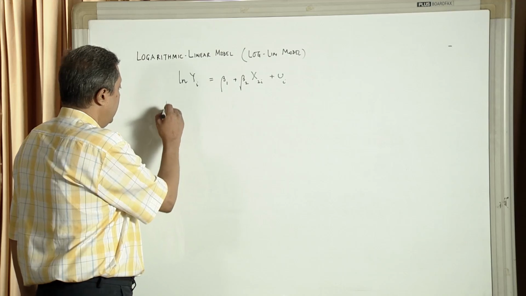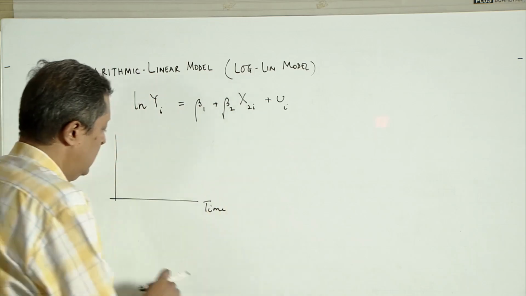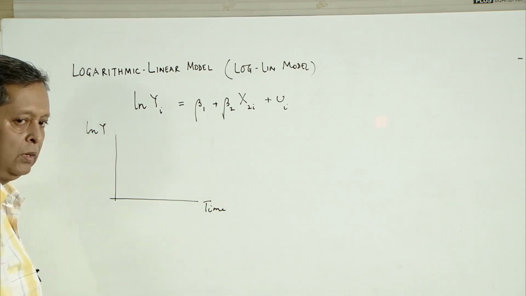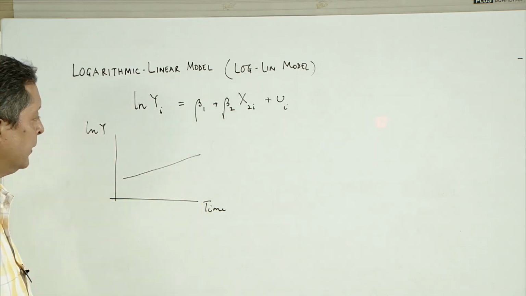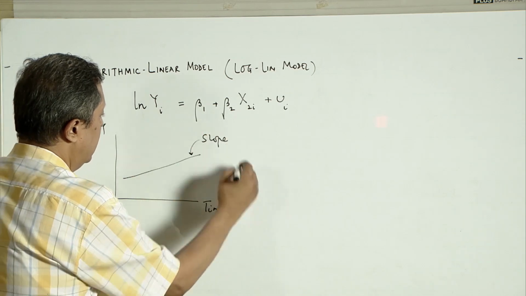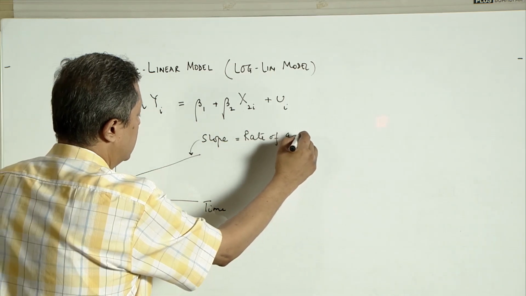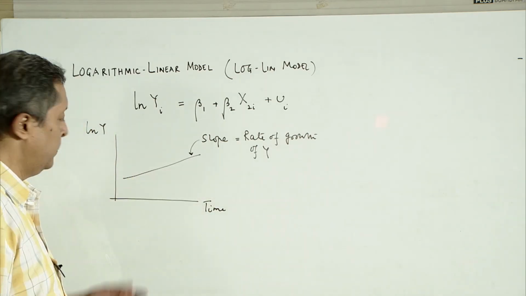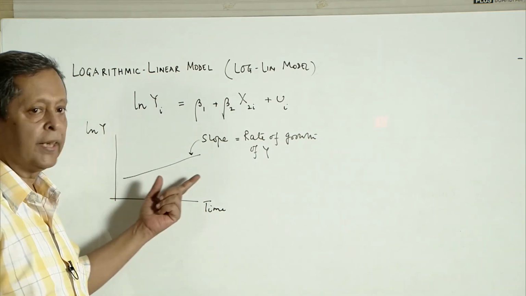So, if we plot time continuous on the horizontal axis and log of y on the vertical axis, and if we get a relation which is linear, then the slope of this is equal to the rate of growth of y. So, viewers, you might have guessed that this kind of model is used to estimate growth rate,